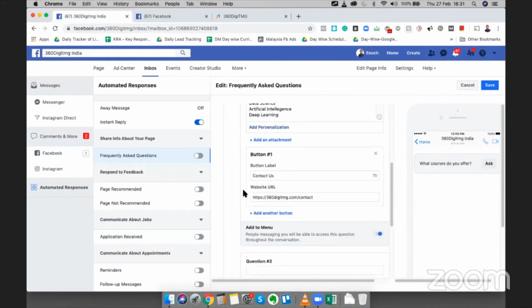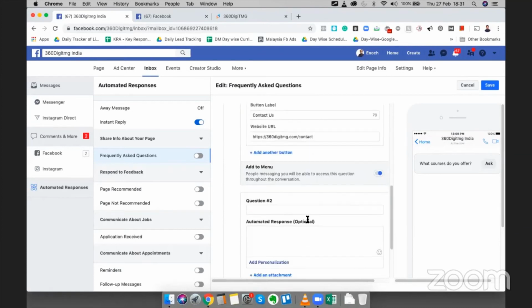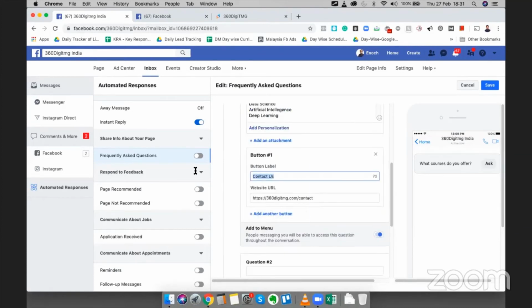I can add a second question: How much is the price of the course? Okay, this is the button, guys. My bad, sorry. Not going to add a button.